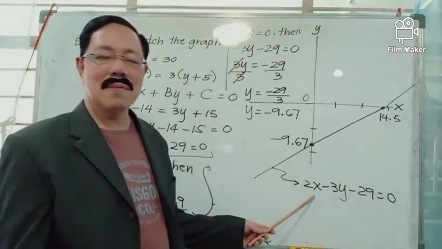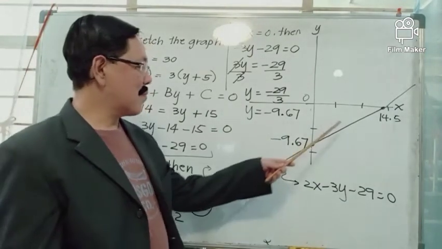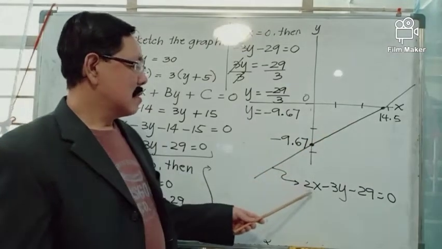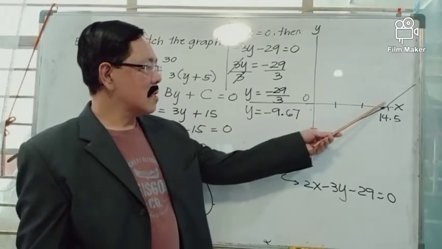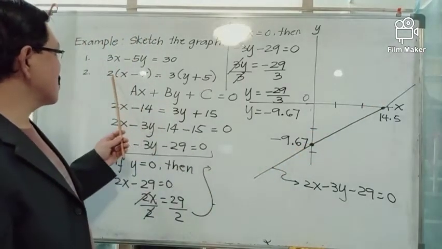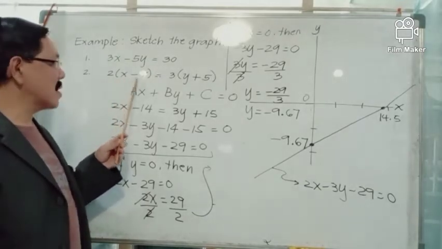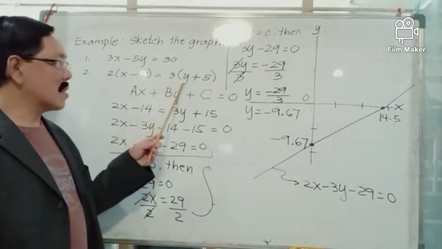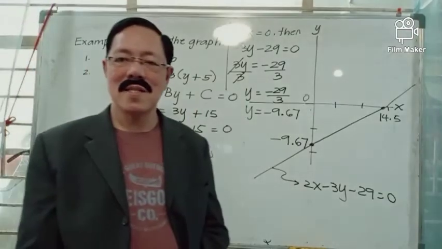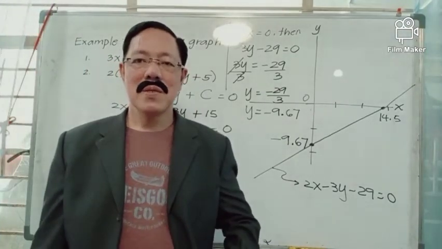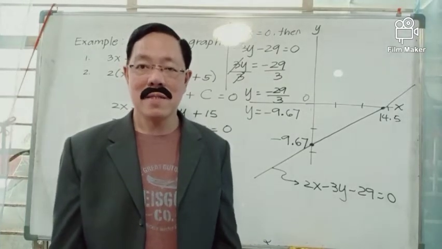This is the general form of the equation of this line, a linear equation in 2 variables x and y. But this line has original equation given by 2 times quantity x minus 7 equals 3 times quantity y plus 5. Now we will take an example